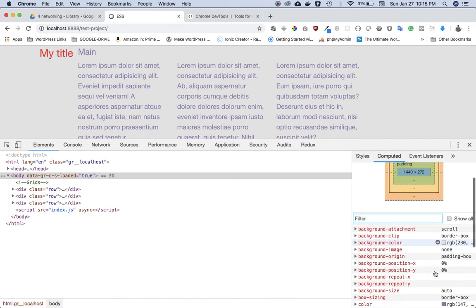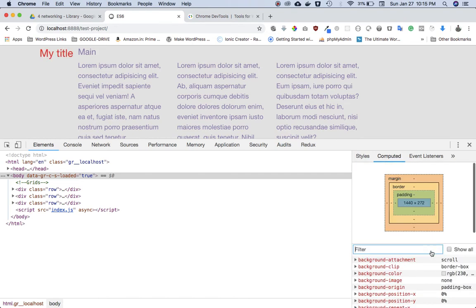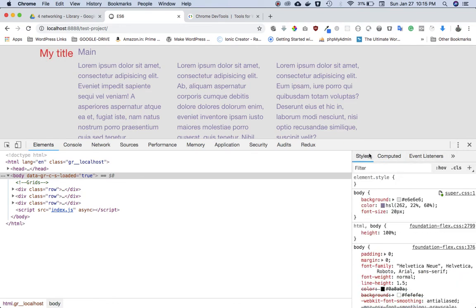And then if you want to see what style has been applied, like font size, remember we set that as 20 pixels, so it's showing that. Font weight, so you can see all of these attribute values right here. Okay, tomorrow if you want to check